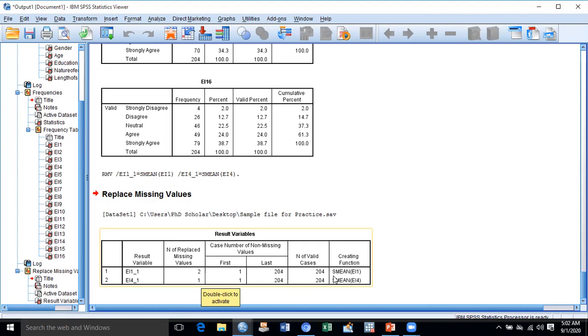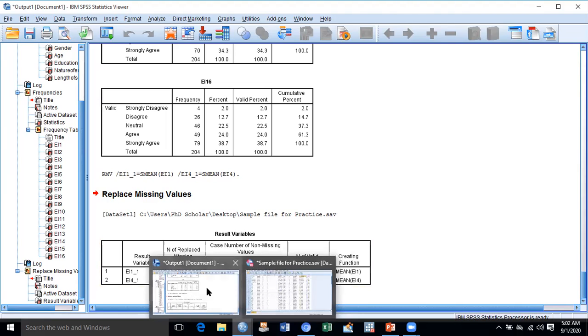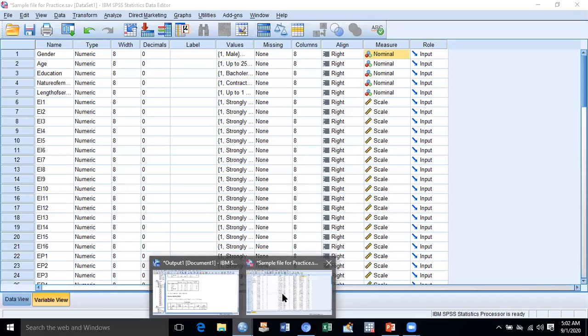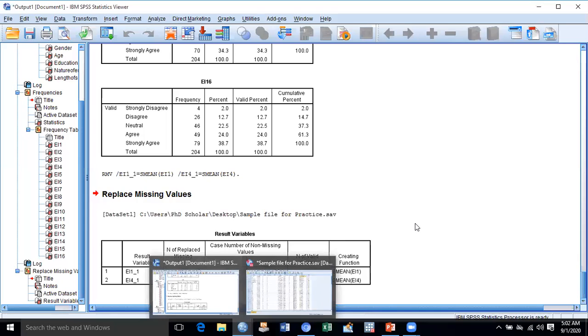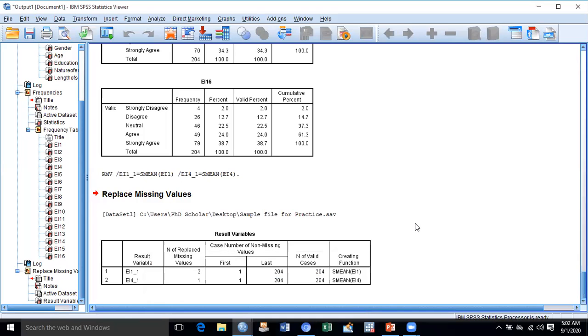If you want, without this formula, you can also fill the Excel file or your data file by taking the two values from the top and two from the bottom and dividing them by 4. You can fill them that way, but this is the automatic way through which we can fill the missing values.